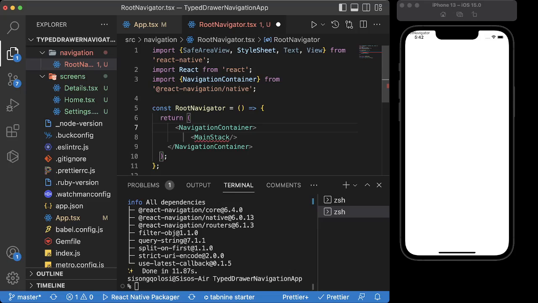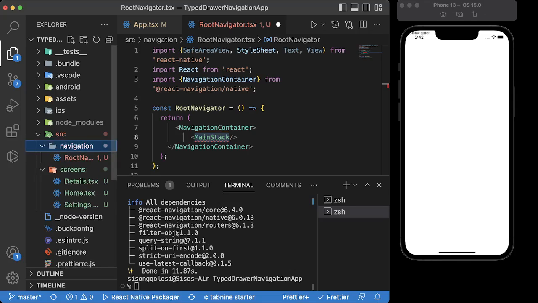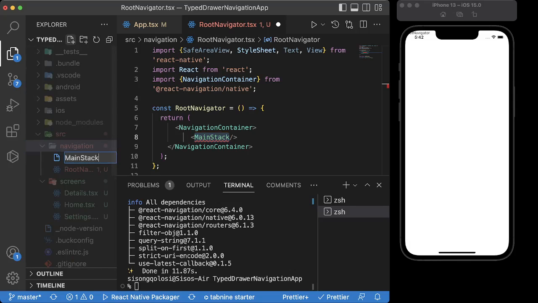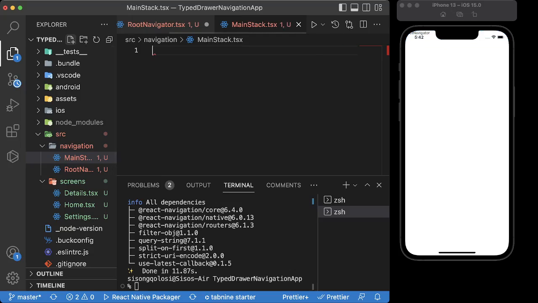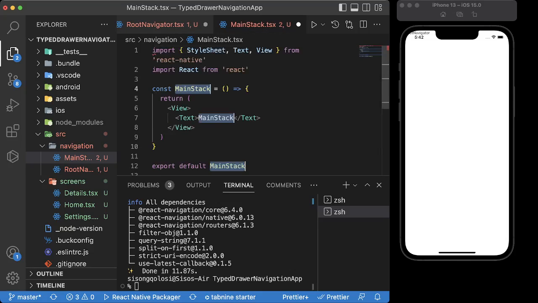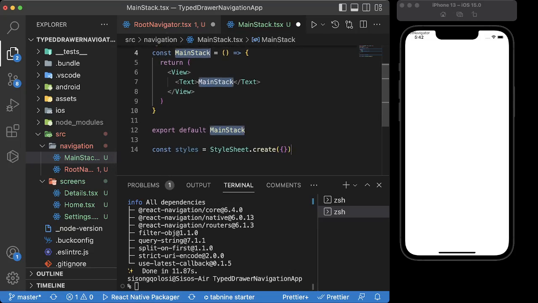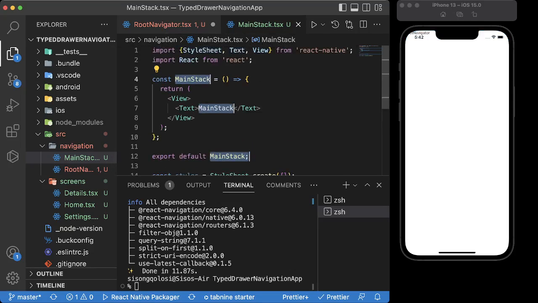At the moment we don't have that, so we have to go to this folder and create a new file called mainstack.tsx. Mainstack.tsx will contain all the screens. So what we have to do here, similar to before, is